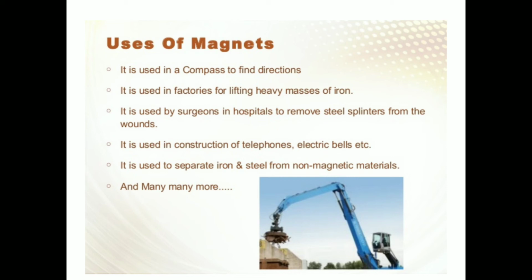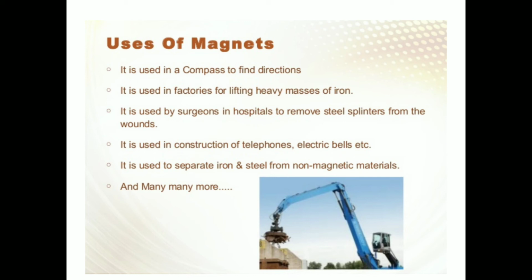The magnets are used in the compass to see the direction. So when we suspend a compass having a magnetic needle, it is going to show the north pole and the south pole. Whenever it is suspended, the magnetic needle will rest itself in the north and south direction, right? So we can come to know the directions. Even in the mobile you have the magnetic compass, you see.